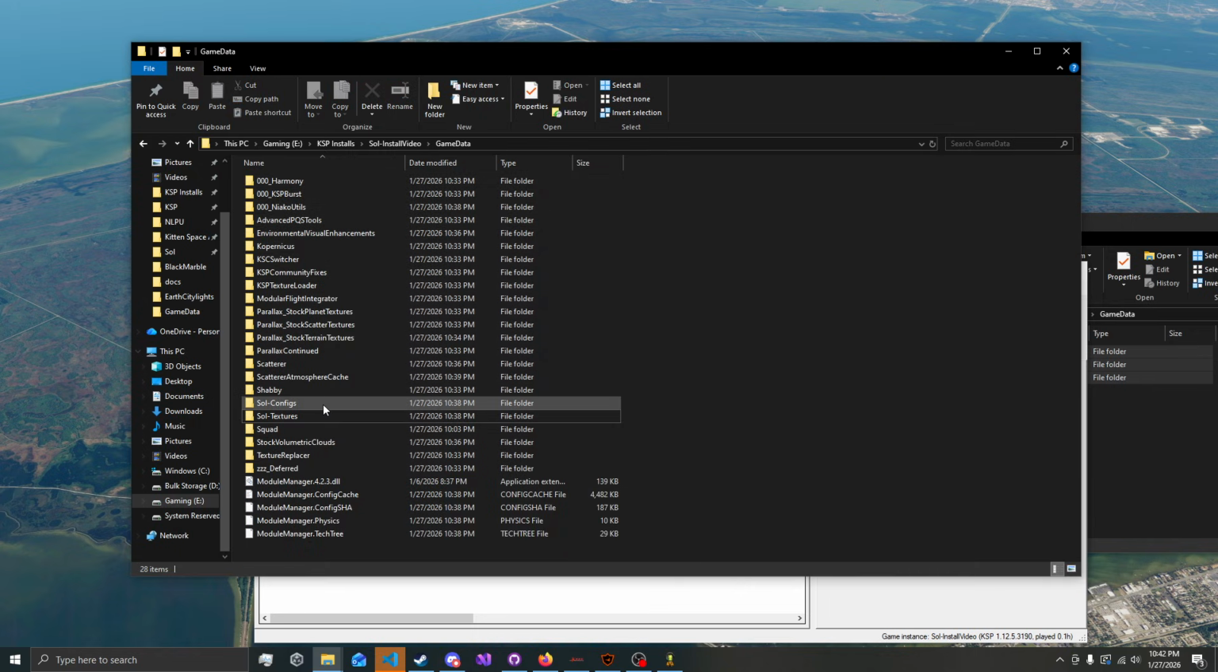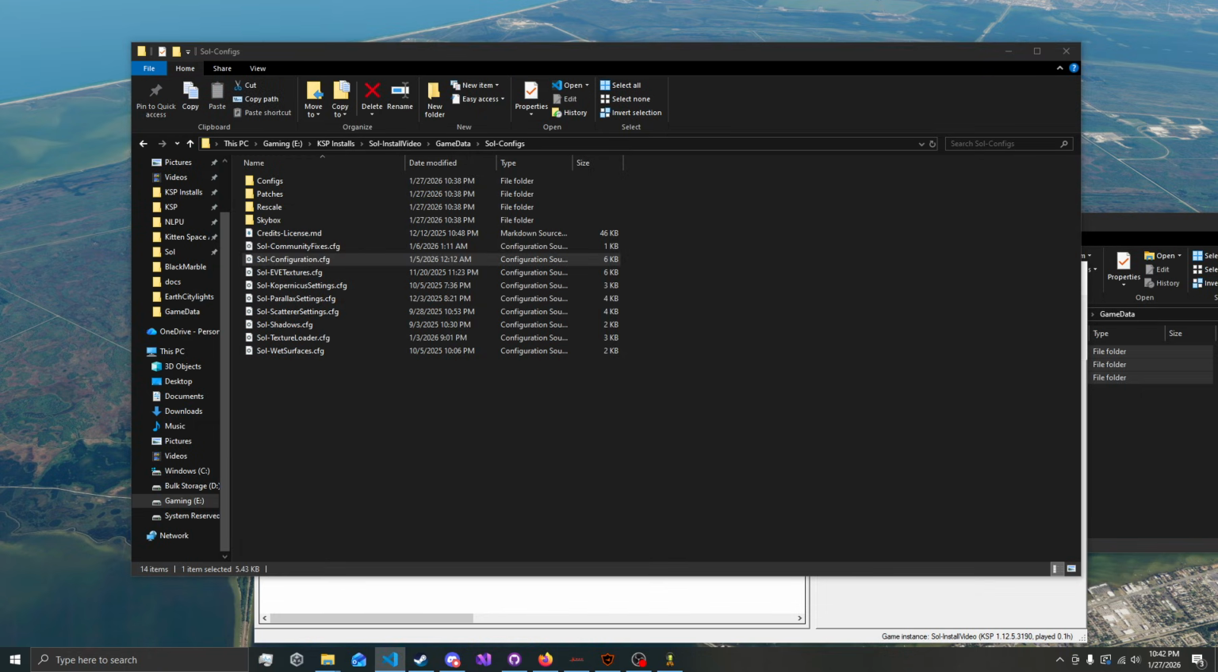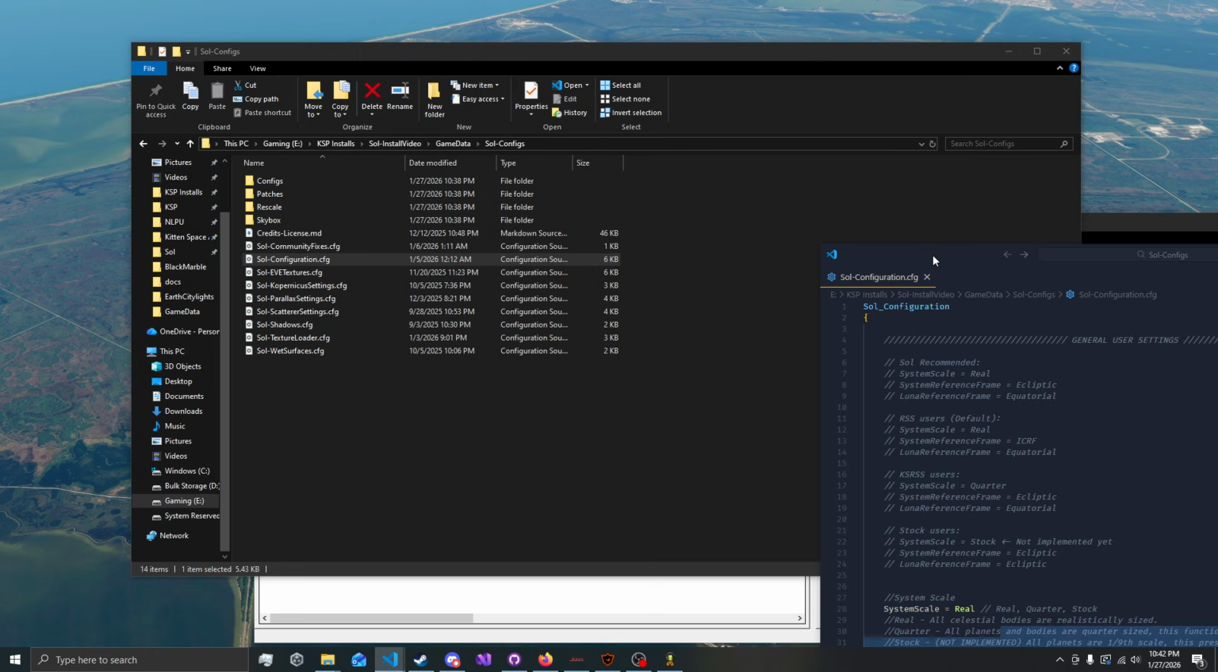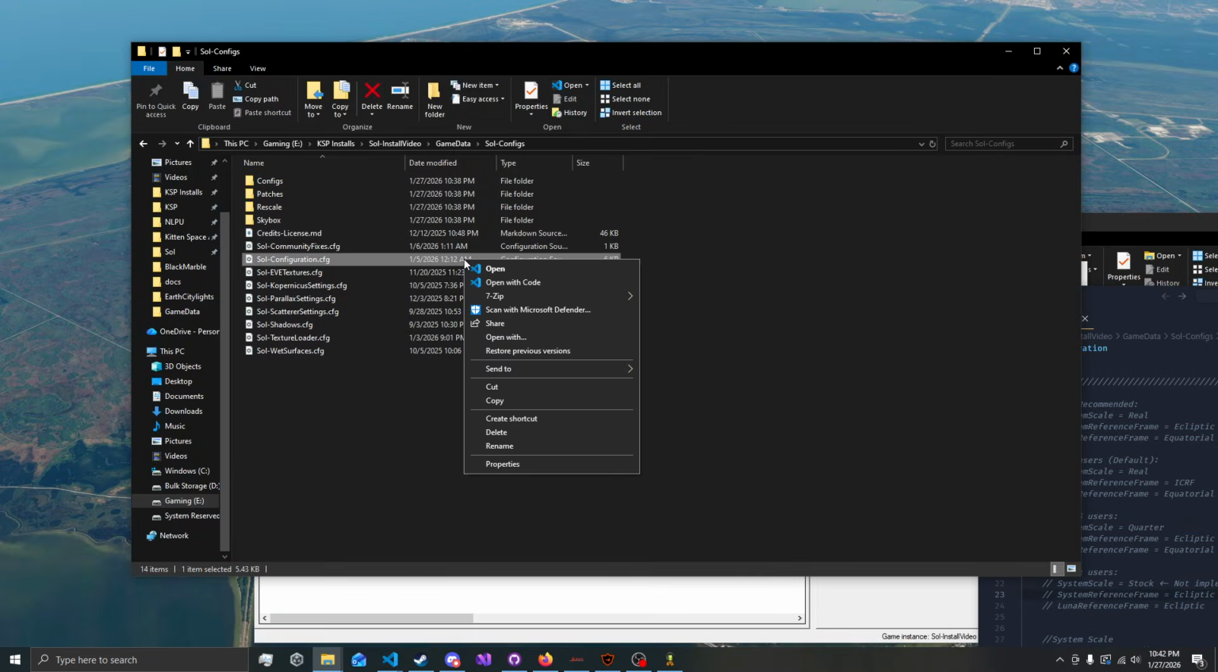So if you're one of the players that want to use quarter scale, what you have to do is go to game data, Sol configs, open up Sol configuration, and we're just gonna drag this over here. If you have VS Code installed, you could get something like this. If you have Notepad, you'll get just